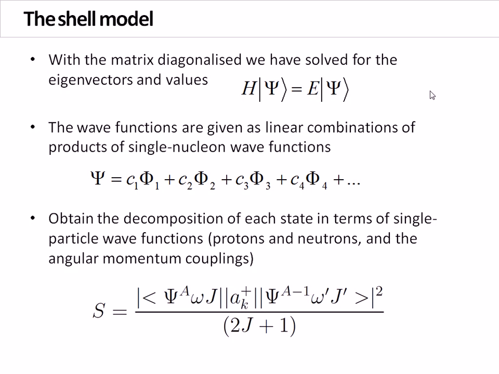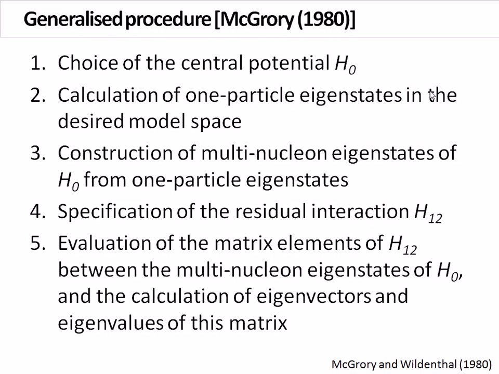So this sort of thing is quite general. What happens is just the operator changes and maybe the particular states will change as well. But this is a spectroscopic factor that we'll calculate later. So this generalized procedure for doing a shell model calculation in terms of the algorithm, essentially, is given in this